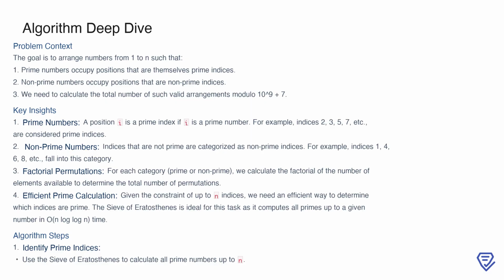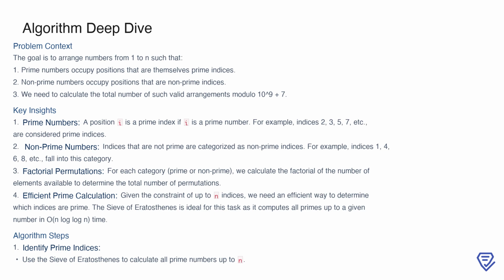Now, to break this down, a position is considered a prime index if the index itself is a prime number. For example, positions 2, 3, 5, and 7 are prime indices. Conversely, positions like 1, 4, 6, and 8 are non-prime indices. The problem then boils down to counting how many primes and non-primes we have, and arranging them within their respective